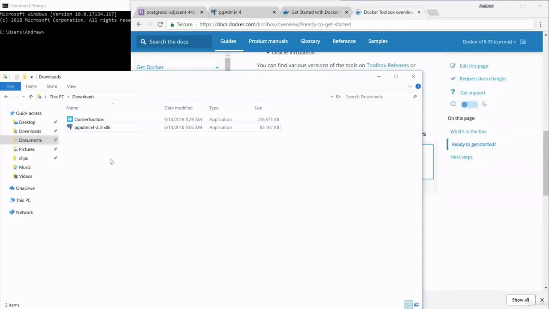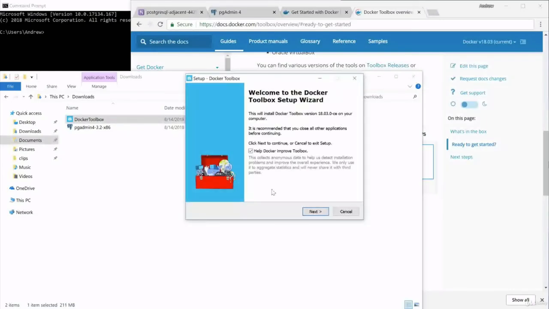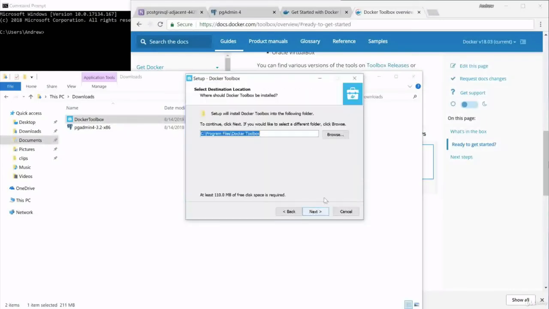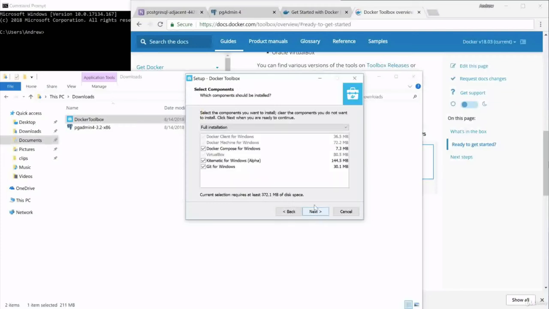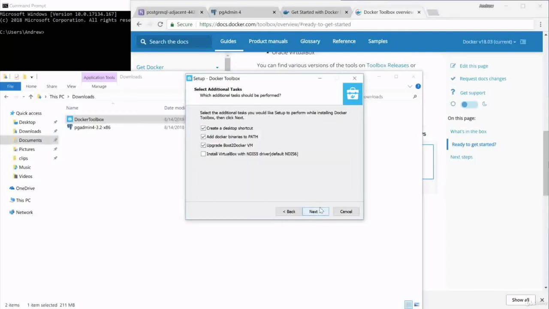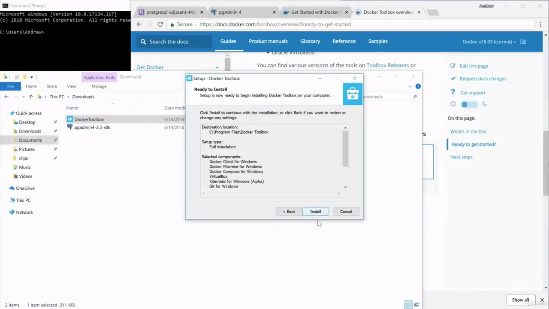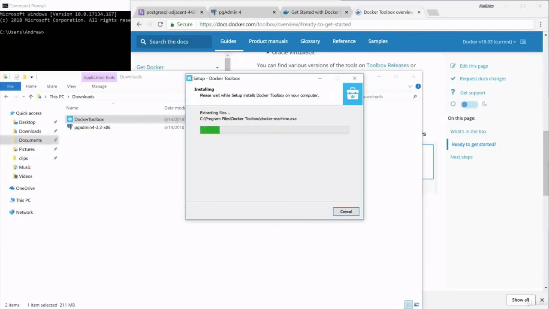All right, at this point, I am going to assume you have Docker Toolbox downloaded. All we need to do is give that a double click to start the installation process. Much like we saw with pgadmin, this is going to be one of those click next type installers. We need to pick the location to install the tool. We want to leave all of the options at their default. So here we are installing everything, which is good. Then from there, we're going to leave the next page's options as default as well. Finally, it's going to ask us to confirm everything, which we will, and now it's going to run through the